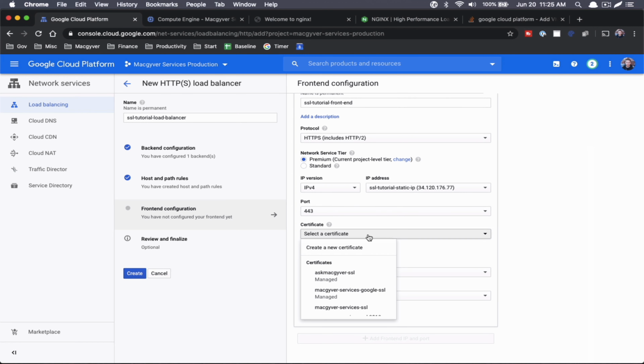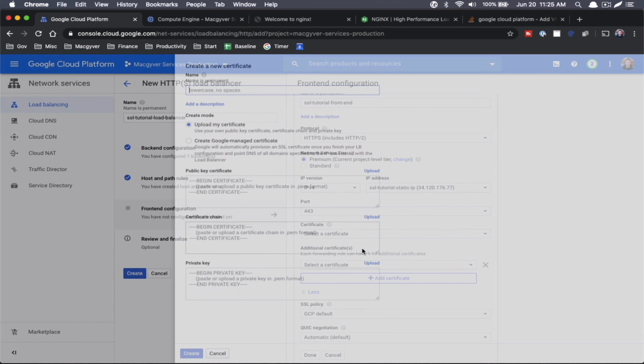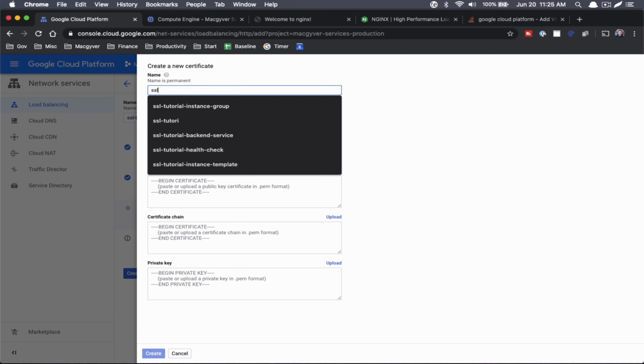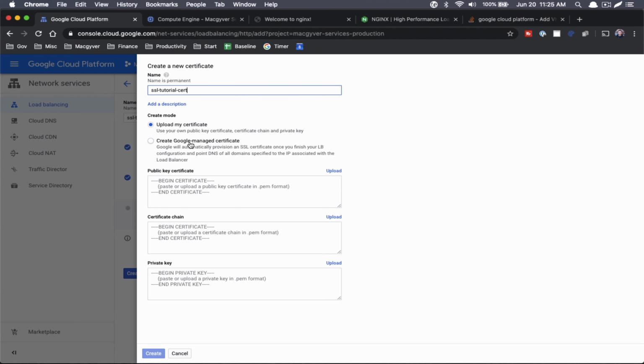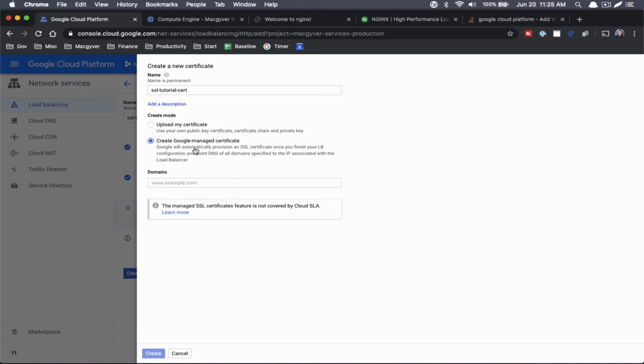And instead of uploading a certificate, we're going to do create new certificate. All right, so again, we're just giving it a name, SSL tutorial cert. And we're going to do Google managed, so it takes care of that. We still need to provide our domain name, the domain name that is going to be proxying requests into the server. Okay, so then we just put our domain in here. I'm going to do askmacgyver.com